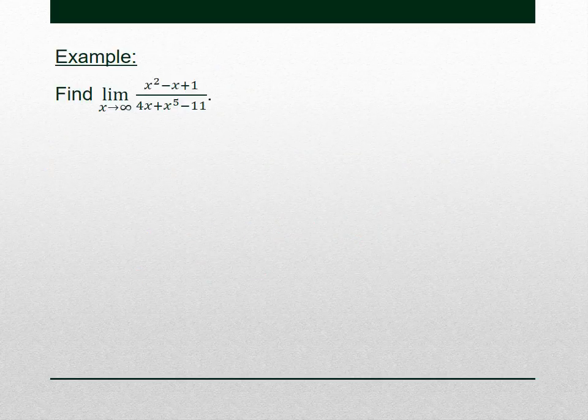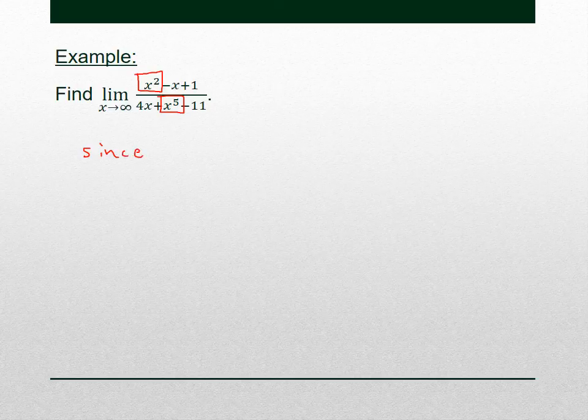All right, how about this guy? We have the limit as x goes to infinity. And again, we have a rational function, one polynomial divided by another. So we know we can use the dominant term property. So let's find the highest degree in the top. Well, it's 2. And the highest degree in the bottom, it's not out at the front. It's this guy in the middle, an x to the 5. So you would say since